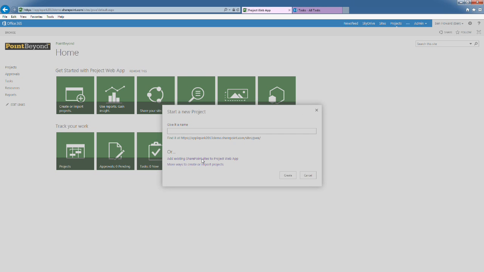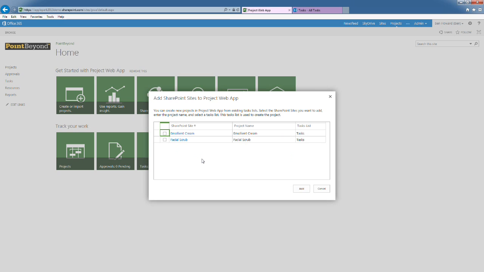Now, why is this interesting? Well, this is interesting because we may work for an organization that already has SharePoint 2013 deployed, and they may use SharePoint 2013 in order to track and manage their projects at the moment, and that's a common thing. But when the PMO director comes on board, or somebody says, hey, we need to try and get a hold of all of these disparate projects that we have and bring them into one place, then this is where this add SharePoint sites to Project Web App really begins to come into its own,